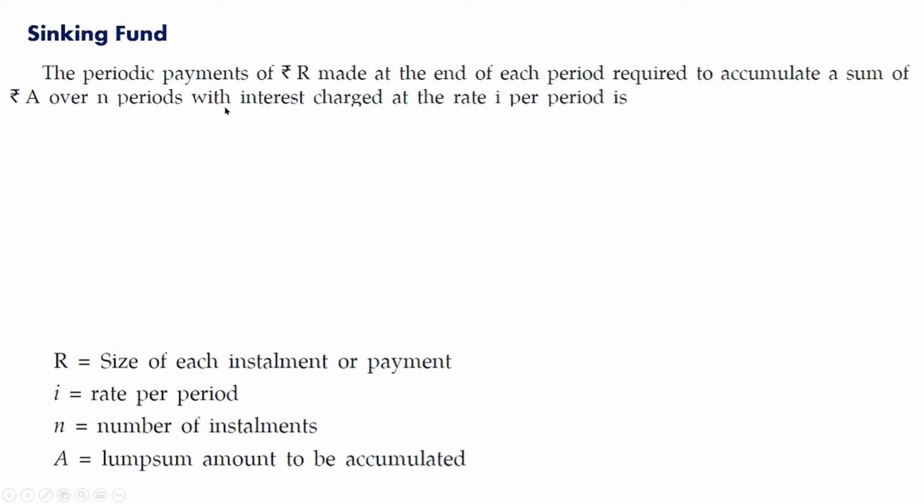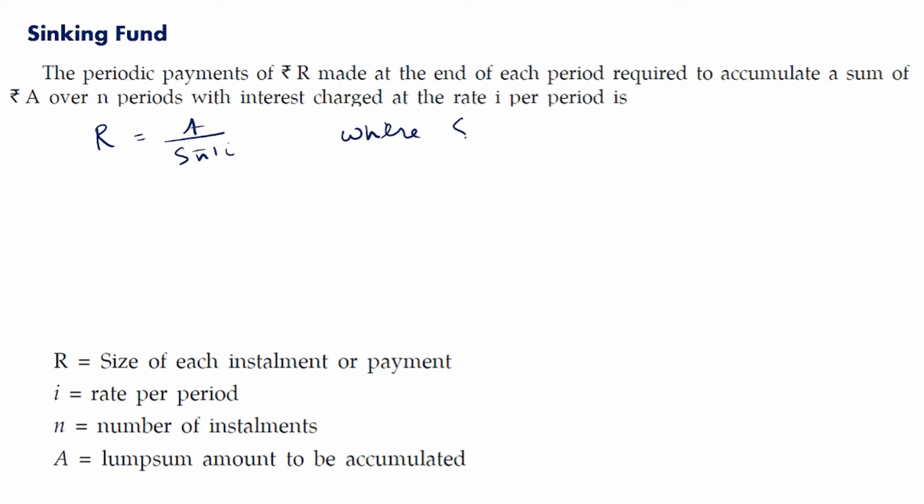The periodic payments of rupees R made at the end of each period required to accumulate a sum of rupees A over n periods, with interest charged at the rate i per period, is given by R is equal to A upon S angle n at i rate per period. So this S angle n at i rate per period is nothing but the future value annuity factor,